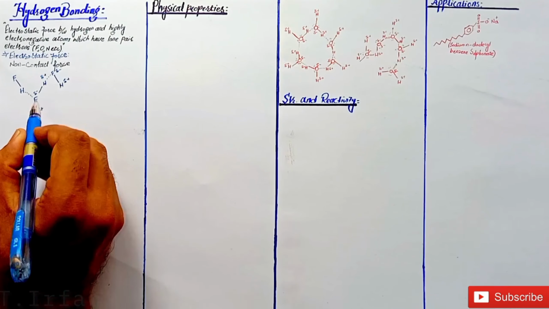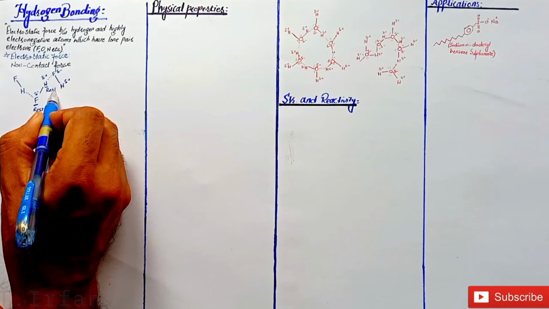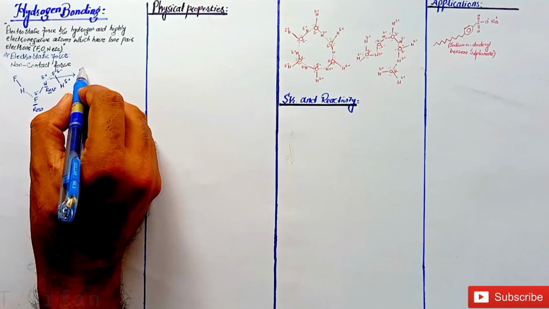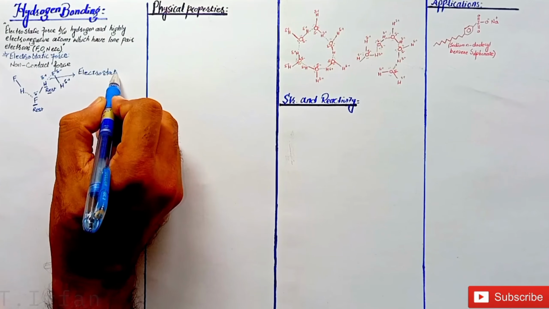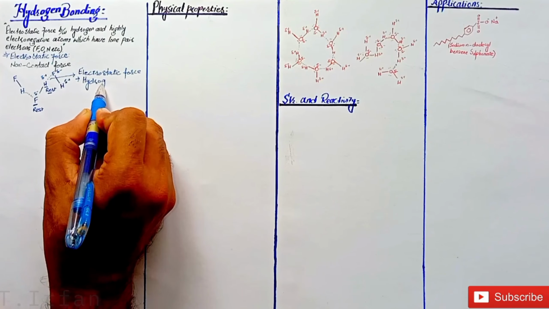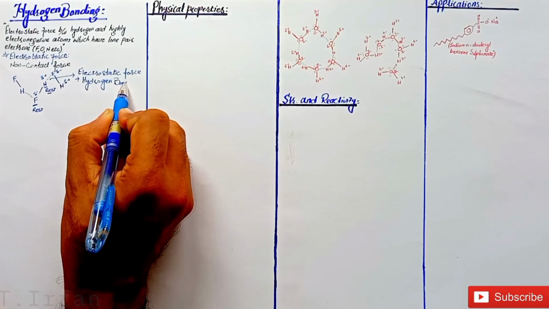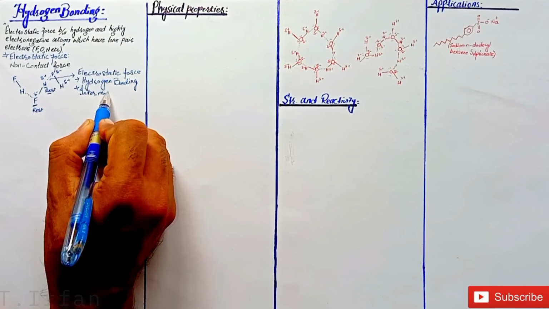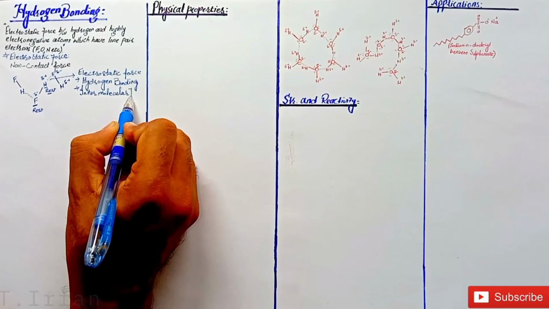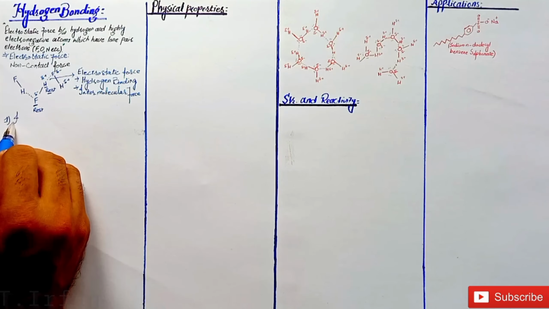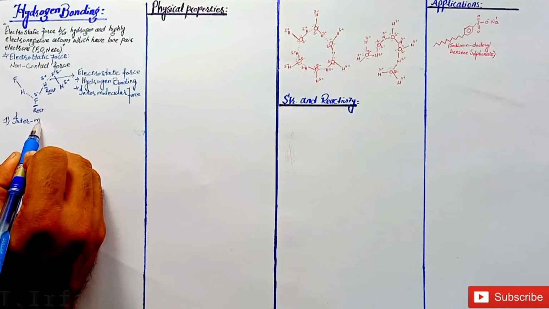This is a type of attractive force. We can also say that this is an intermolecular force. But hydrogen bonding or electrostatic forces can be intramolecular forces as well. So we can say that there are two types of hydrogen bonding. These two types of hydrogen bonding affect physical properties, structure and reactivity in a very interesting way.